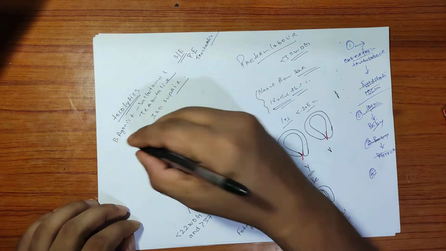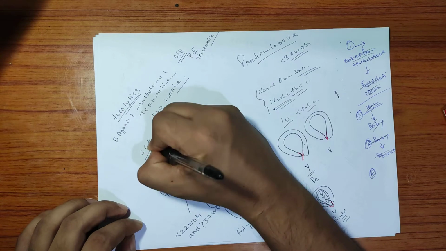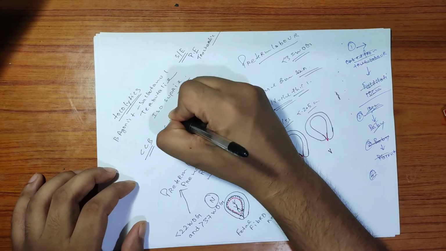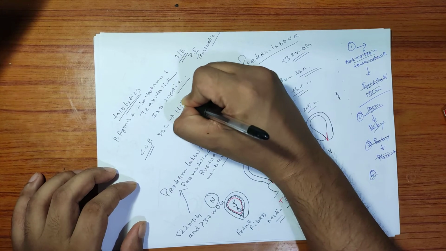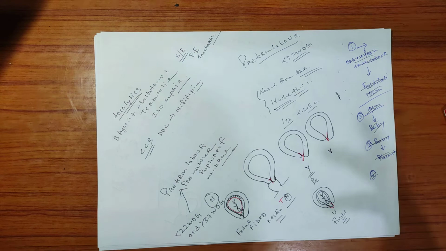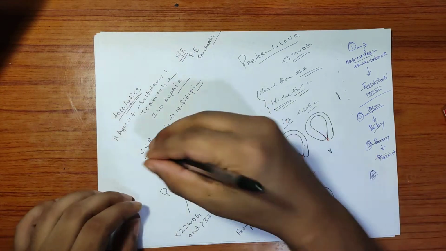Now we are also having calcium channel blockers. Remember, we are having calcium channel blockers. This is the drug of choice. Here is nifedipine. Very good. This is nifedipine. Okay, and we also have calcium